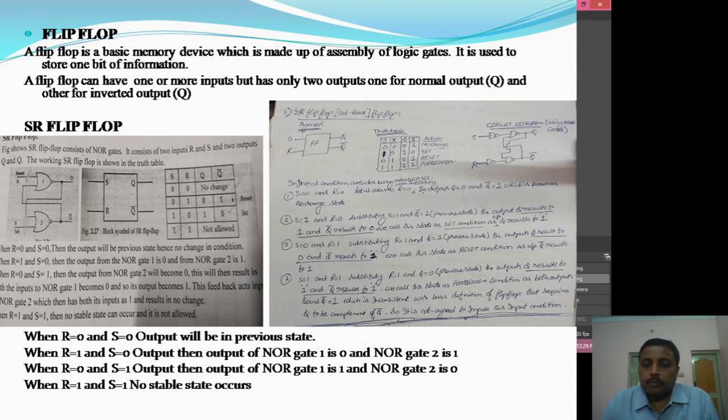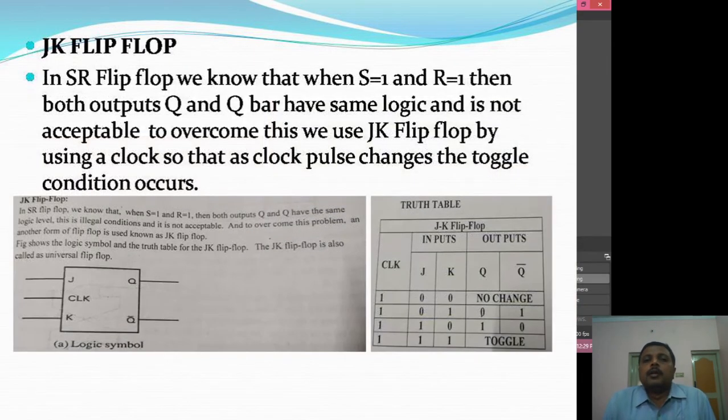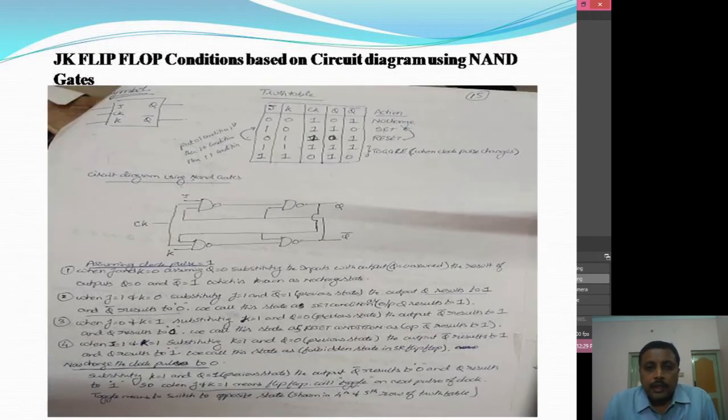Hence, in order to overcome this forbidden state, we went on to use a JK flip-flop. So the circuit diagram, the truth table and the logic symbol of the JK flip-flop are as shown in the sketches. I have made an attempt to give the inputs. We have 4 NAND gates. So I will be supplying the conditions: when both the inputs J and K are 0, along with the clock pulse of 1, the outputs would be 0 and 1. You can refer to this circuit and the truth table and work it out.